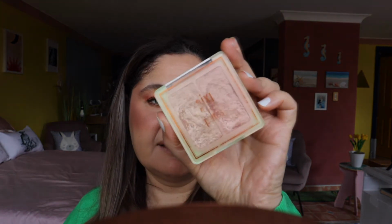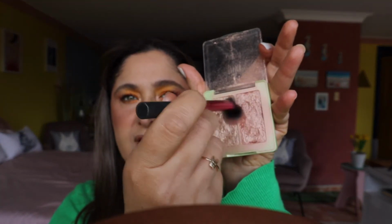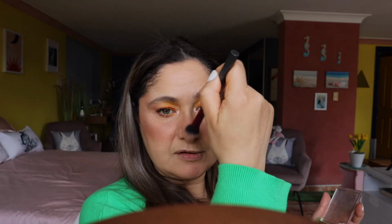And guys, now that the blush, acting as our bronzer as well, is on, I'm going in with the Pixi highlighter in Subtle Sunrise, and just using my Real Techniques setting brush. I'm going to be dipping into both of these, just swirling the brush around into the highlighter from Pixi Subtle Sunrise, and just putting that on the top of the cheekbones and up to the tail end of the brow bone, a little bit down the center of the nose,